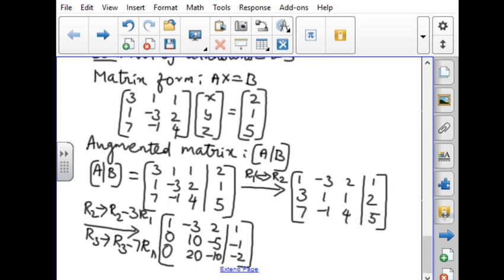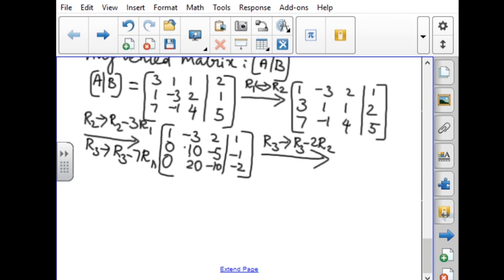Now we need to take this place and make this place 0. It is very easy for you to make this place 0 because we are having 20 here and here we are having 10. So we shall multiply row 2 by 2 and then subtract this. We will get 0 in the place. So we can write row 3 changes to row 3 minus 2 row 2. Another thing you can also do: first you can divide row 3 by 2. You will get 10, minus 5, minus 1, and then you can subtract row 2 and row 3.